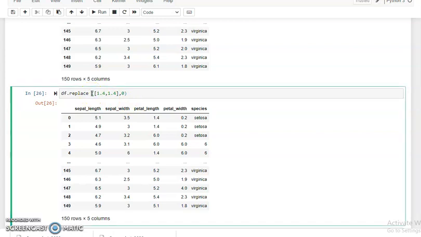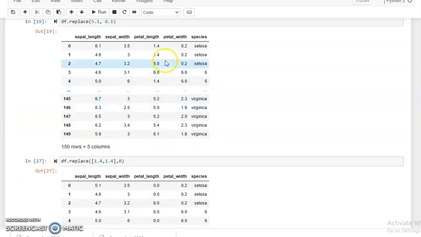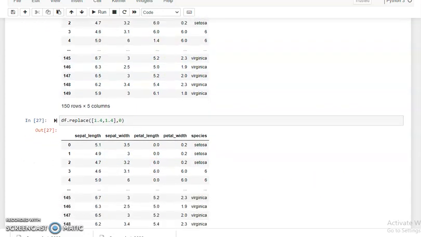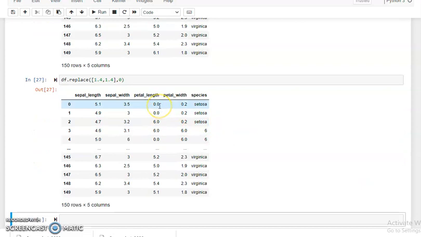If you want to replace different values with different values, for this we use a list and pass those values which we need to replace. First we simply call this. As you can see in our data set, 1.4 is replaced by 0.0. If you want to replace with different values, not only 0.0 but others, for this we pass a list of different values, suppose 1.2, 1.3, 1.5, and then run. You will see all the 0.0 values replaced by the other values.